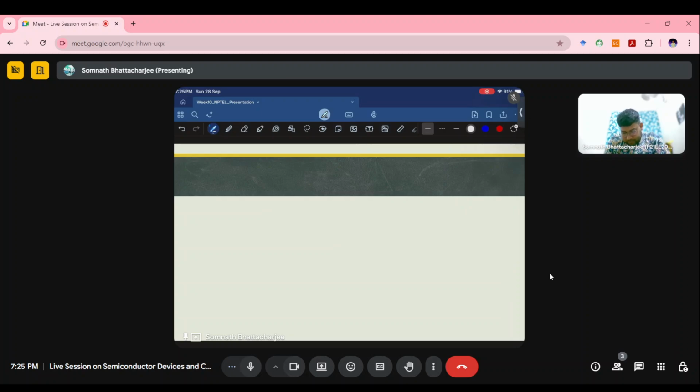Now we'll move to the leakage currents. As I have already said, the insulator is not a complete or perfect dielectric. So based on that, there can be various leakage currents, and these are called leakage because they are not supposed to be present at the insulator layer, but they are, and they are very small compared to the operating currents of the devices. There are several kinds of leakage currents. The first one is the gate leakage current,